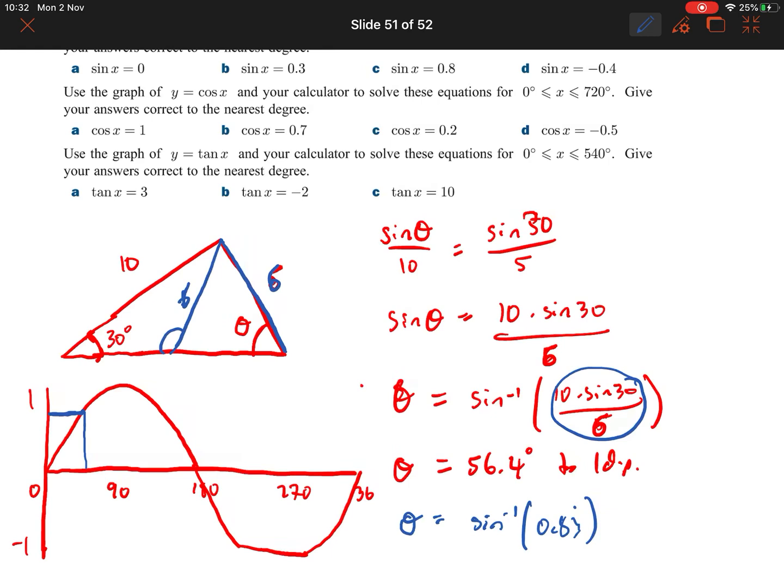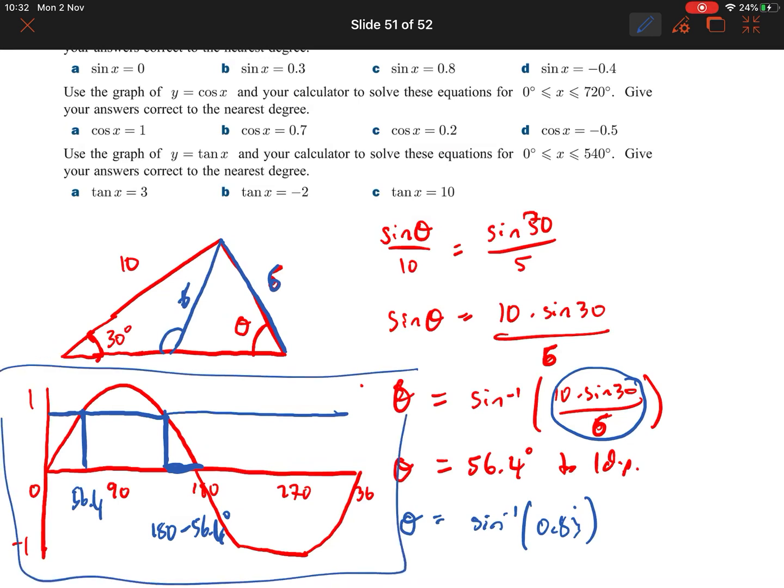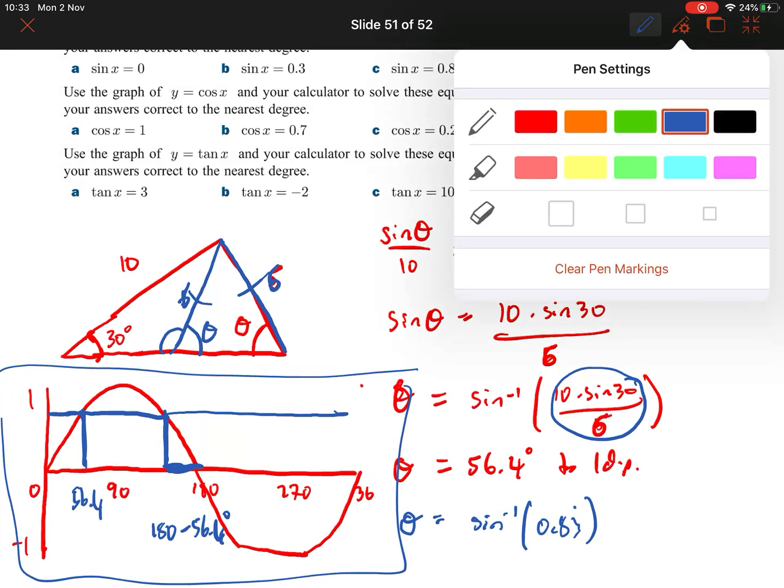Now, we don't know whether it's an acute or an obtuse angle, so we can assume it could be both. And we're seeing that it could be both. Okay, because we've got two angles there. One of them is your 56.4, and the other one is 180 minus 56.4. So you're understanding why that is the case, both from the graph, and remember in the lesson I taught you how you can find it basically using isosceles triangles. So all pins together and make sense. Okay, so any problem